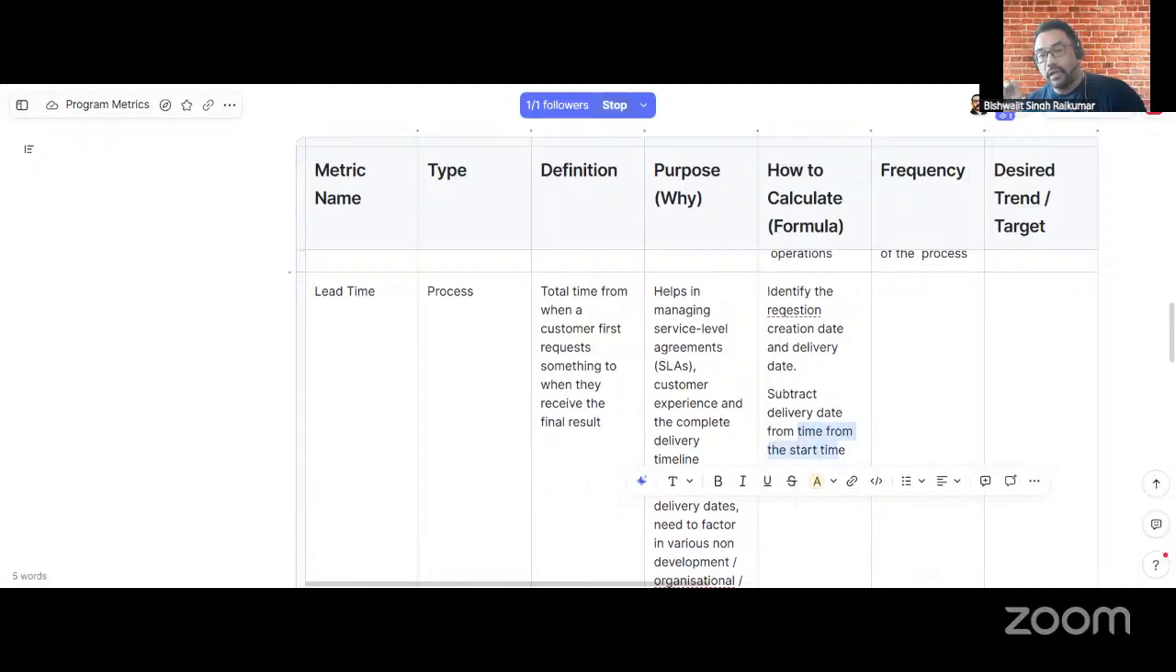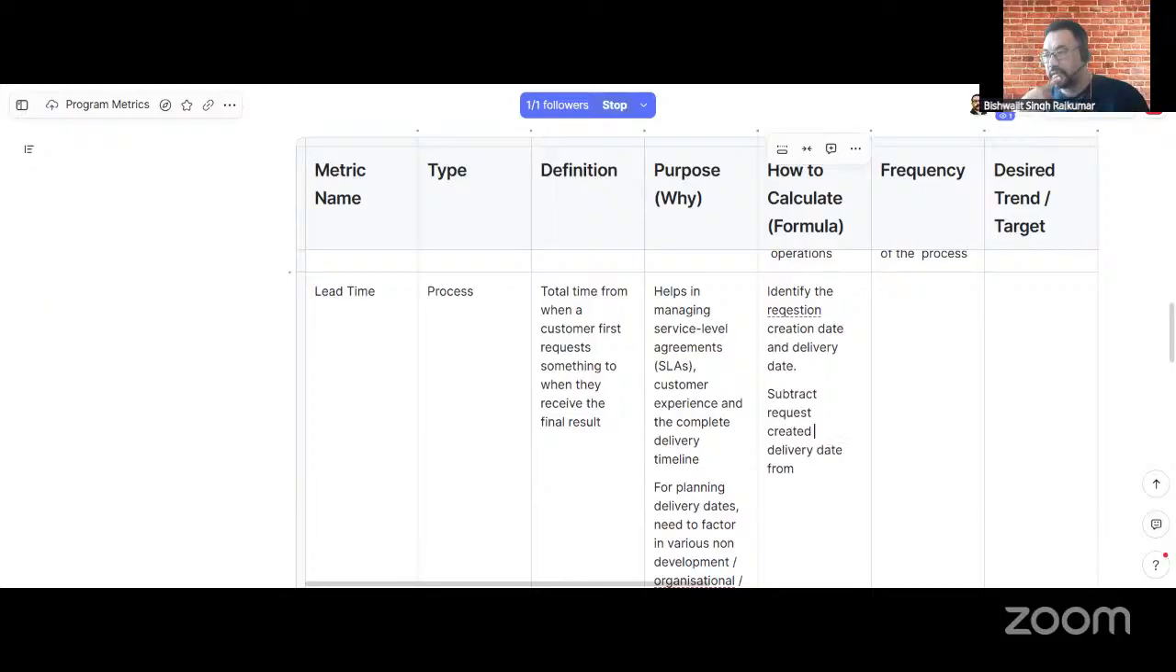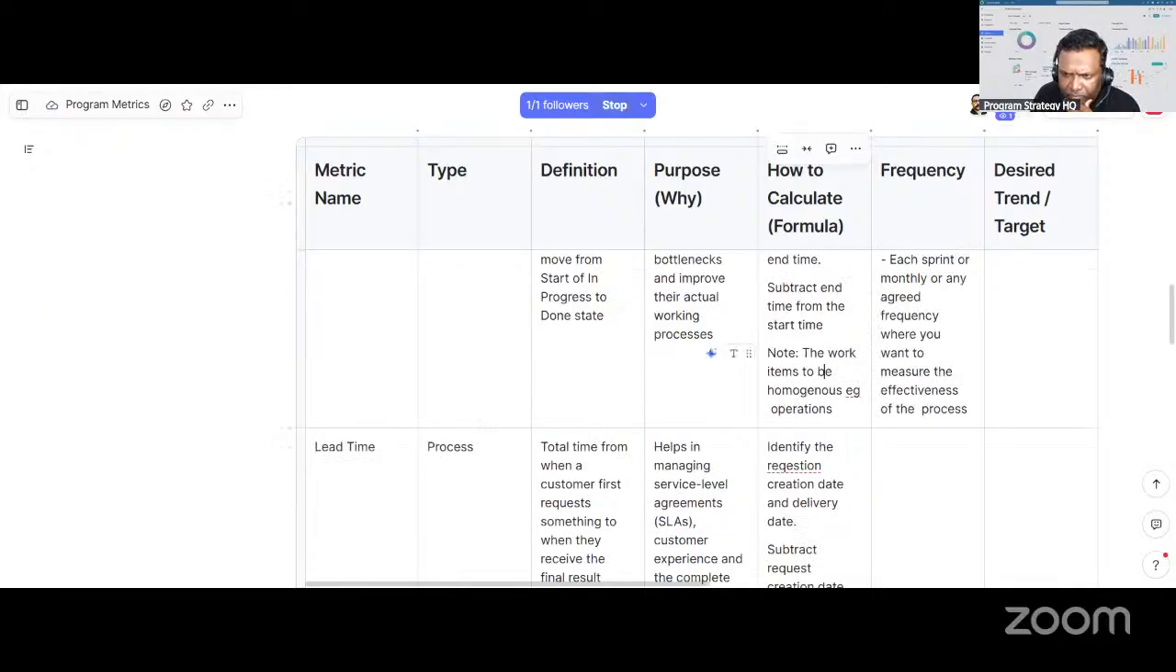Sorry. Subtract the request date from the completion date. Subtract the request creation date from the delivery date. Exactly. Okay, then here also it may change, right? Subtract